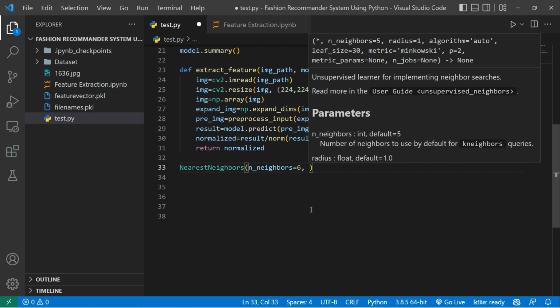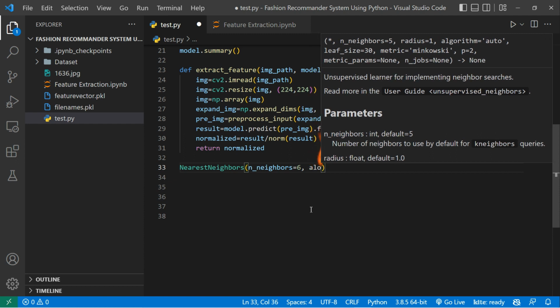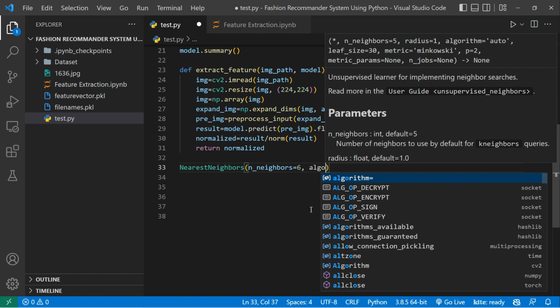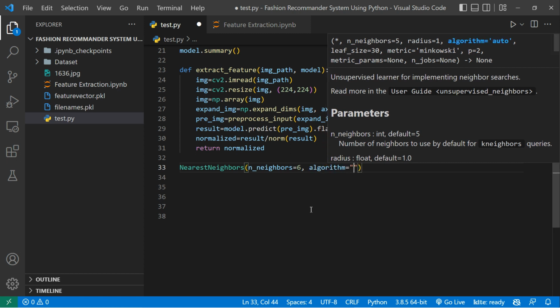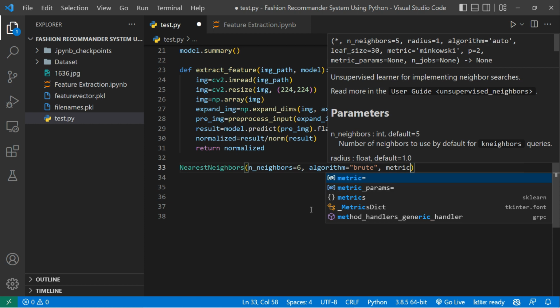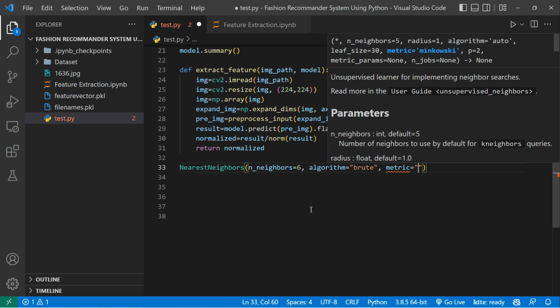And now the algorithm. What kind of algorithm are you using here? For this nearest neighbor, we are using the brute force method, taking all the feature vectors and calculating the distance of each feature vector in a Euclidean method. So the algorithm should be the brute force algorithm, right? So let's say algorithm equals brute. And the metric, which metric are you going to use? We are going to calculate the Euclidean distance with each feature vector, so for that we use Euclidean as the metric. So let's say